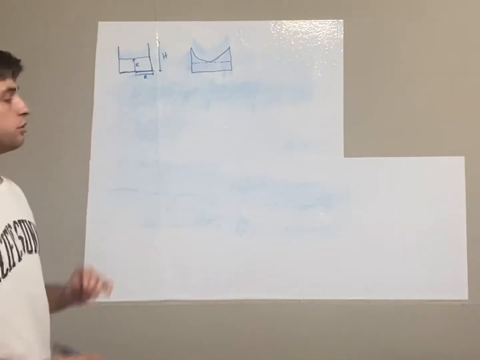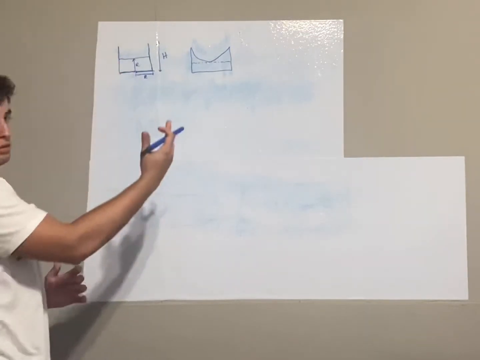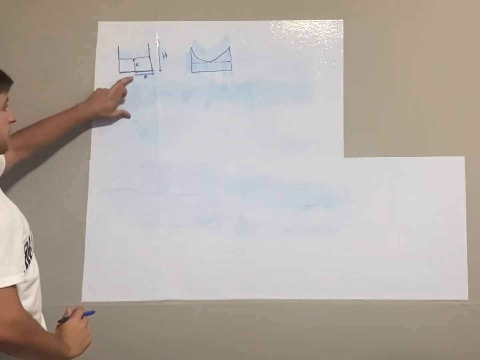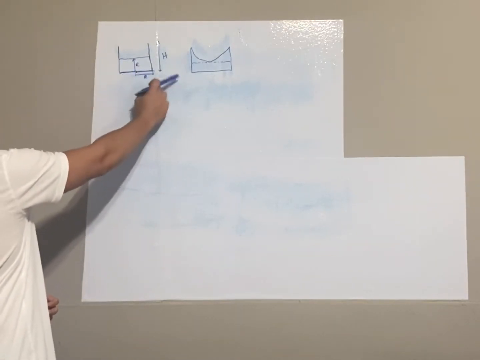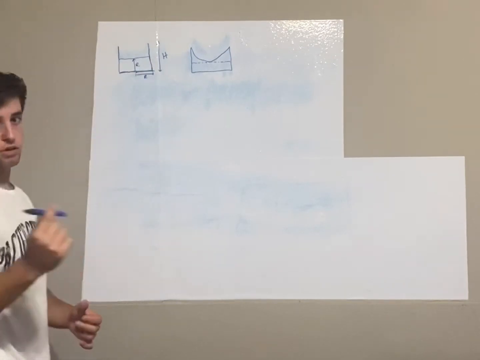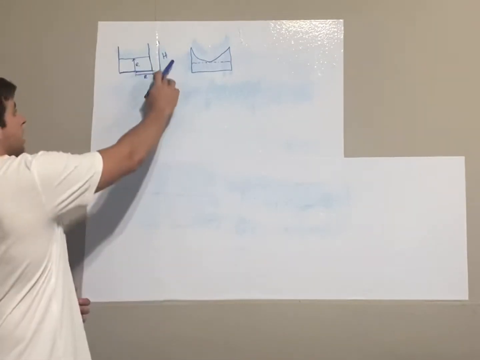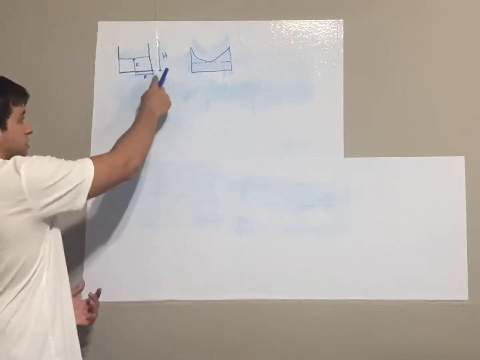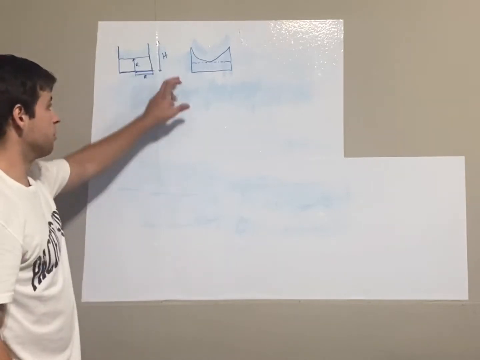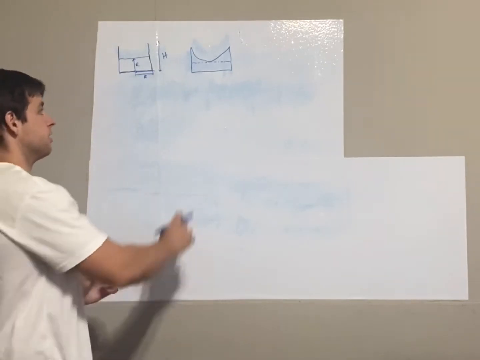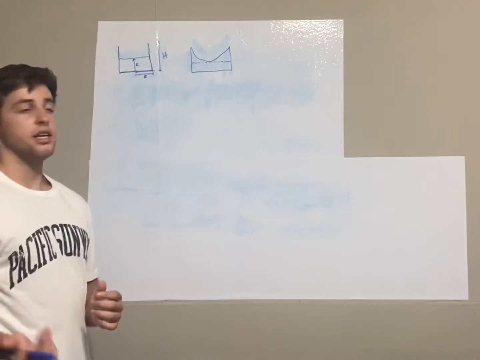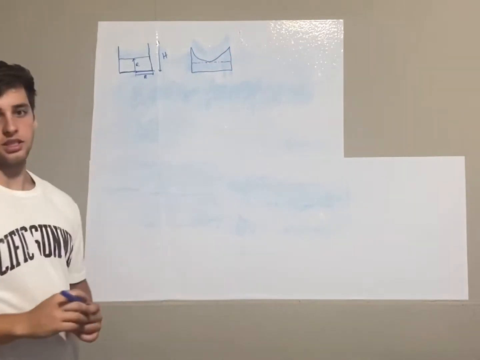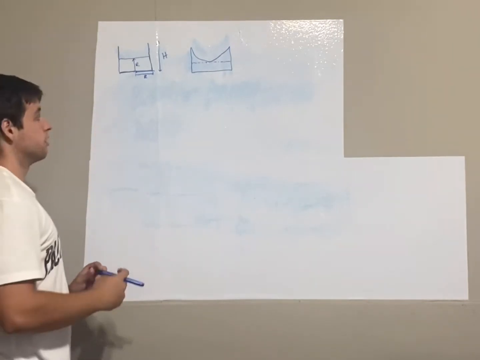So up here I have two diagrams. This is our stationary cylinder without any angular velocity. We have a liquid with a height big R as well as the radius from the center of the cup to the outside. We're also calling that big R the same. And then we're calling the distance from the top of the cylinder to the bottom of the cylinder big H. And over here is a diagram of what the liquid would look like once it starts to rotate. It will obtain this parabolic shape, and eventually once it is spun fast enough, the liquid will flow over the